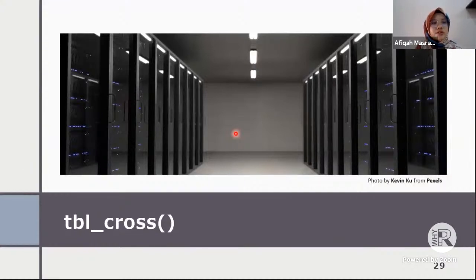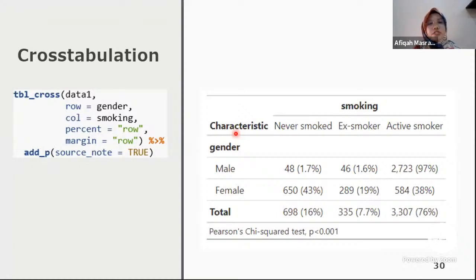So, going on to the cross tabulation function, tbl_cross. This is the basic cross tabulation function that we have in gtsummary, where we can see the relationship between two different variables. For this example, I've chosen gender as the row and smoking as the column. Cross tabulation is basically an m by n kind of table, where you can make it 2 by 2, 3 by 2, and so on. It depends on what type of information you need. For this example, I've included a 3 by